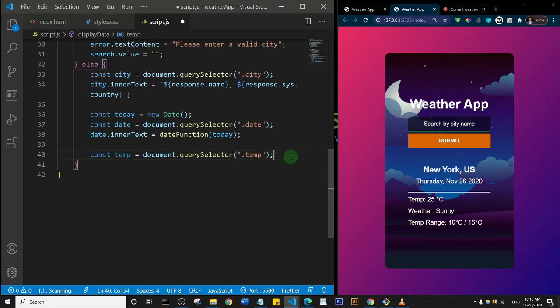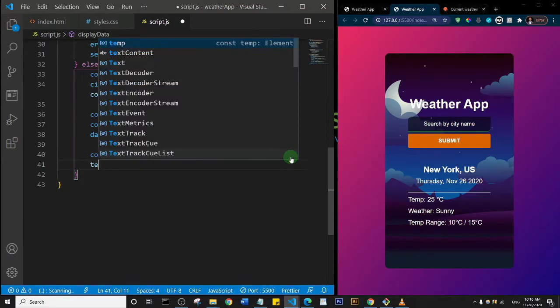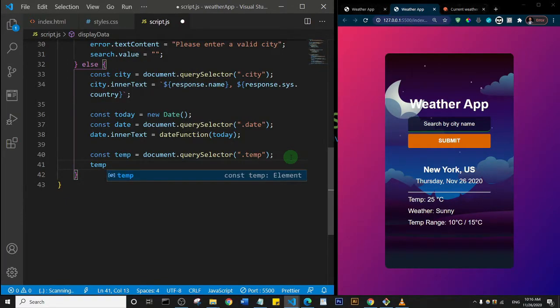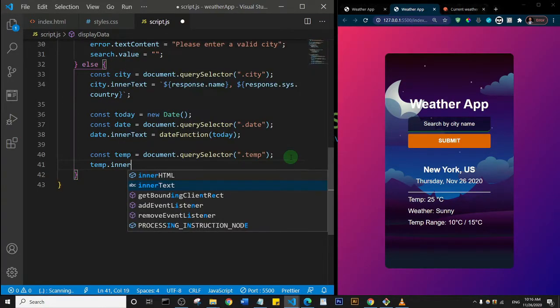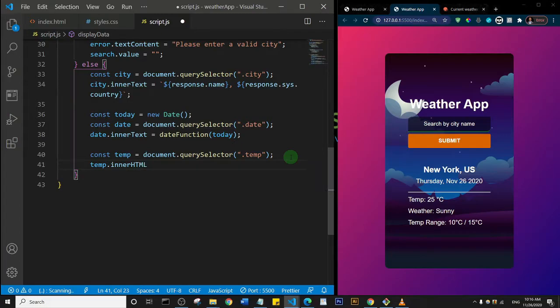Then I'll say temp.innerHTML this time, and I'll set it to be equal to,